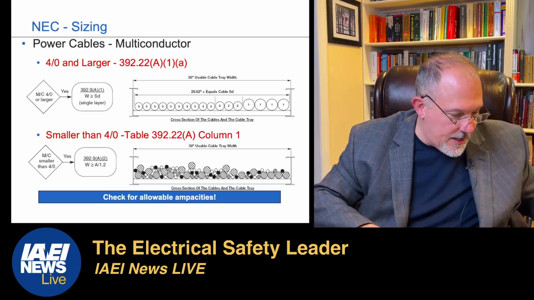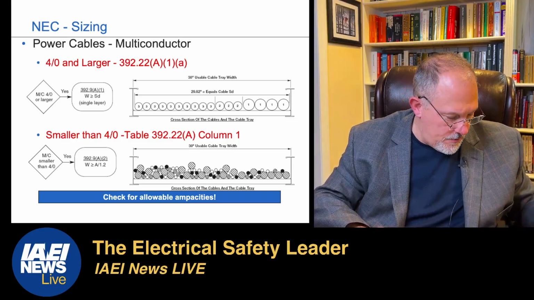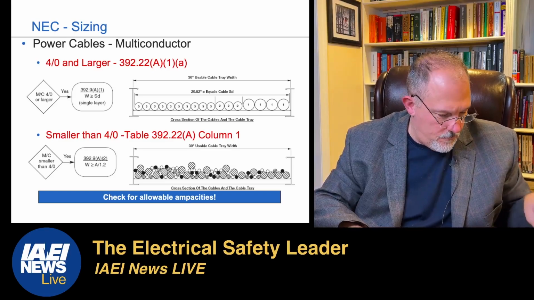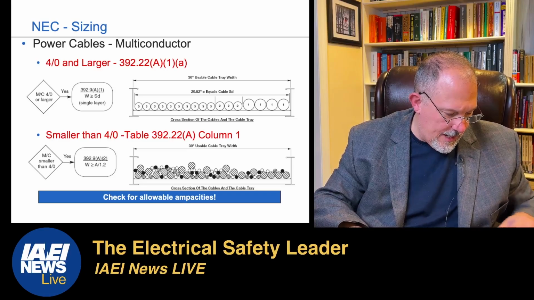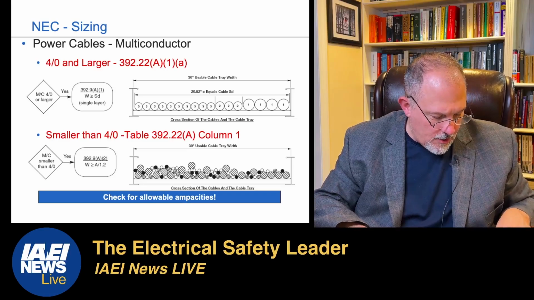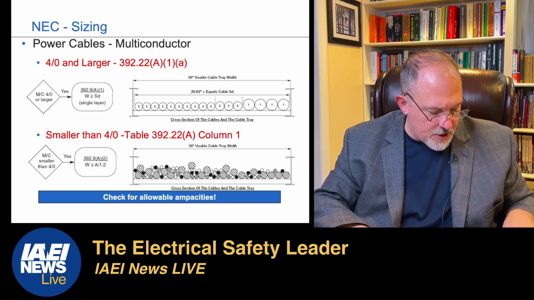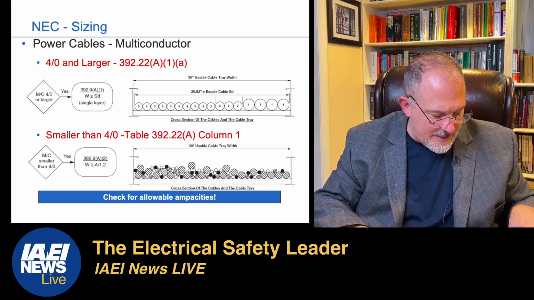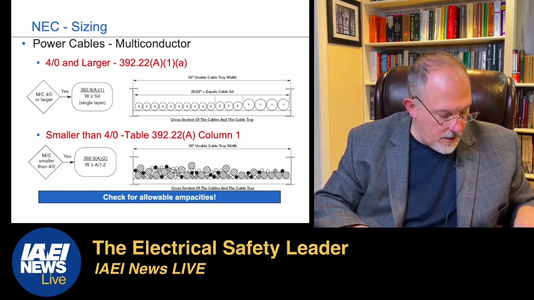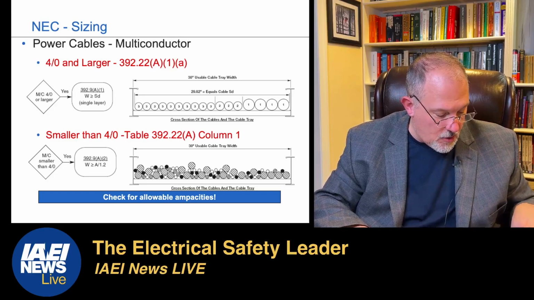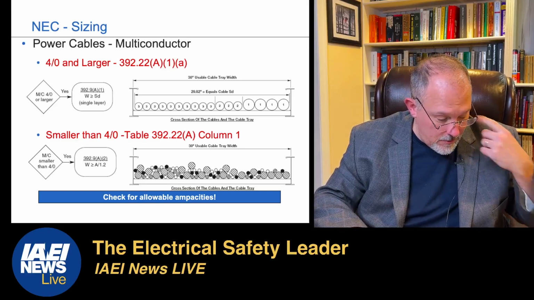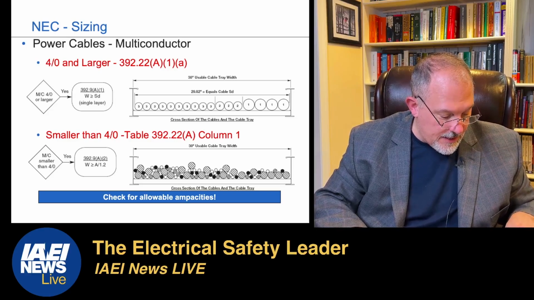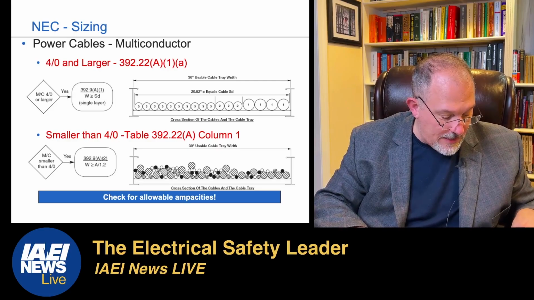Power cables, multi-conductor, 4/0 and larger, 392.22(A)(1)(a). We just mentioned that. Where all the cables are 4/0 or larger, the sum of the diameters of all cables shall not exceed the cable tray width, and the cables shall be installed in a single layer. Where the cable ampacity is determined according to 392.80(A)(1)(c), the cable tray width shall not be less than the sum of the diameters of the cables and the sum of the required spacing widths